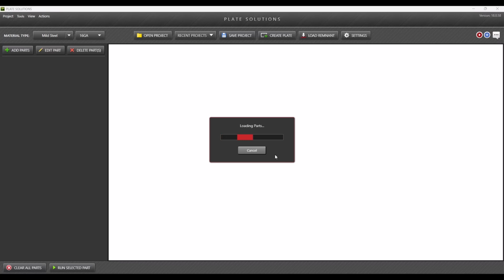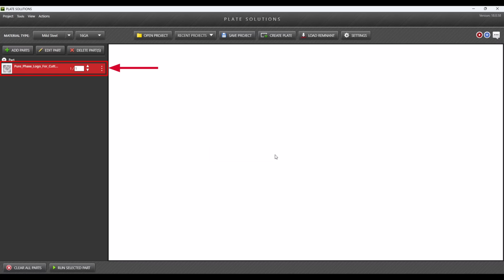And if the import is successful, we'll see our part now in our parts list. So now we need to look at all the lines and everything contained in our part to make sure the right ones are listed as cuts or scribes, etc. if we have other tools on our machine like an air scribe. We'll also need to make some adjustments to the letters in our font and make sure that the end product has the parts of the plate remaining for the inside of our R's, A's, O's, and so on. So to start editing our part, we'll need to load our CAD tools by coming up and clicking Edit Part.